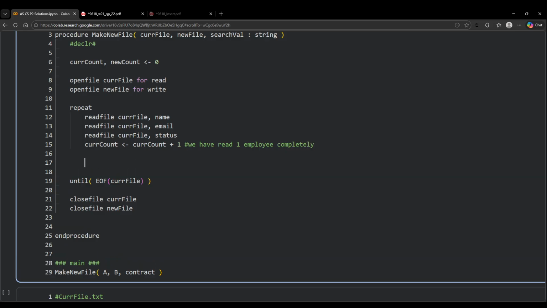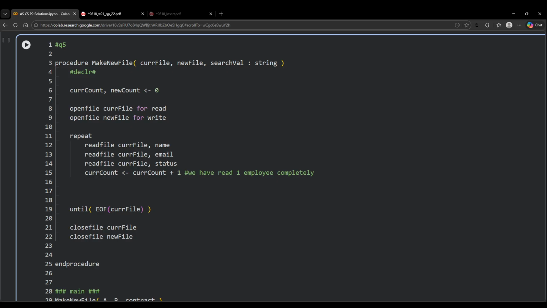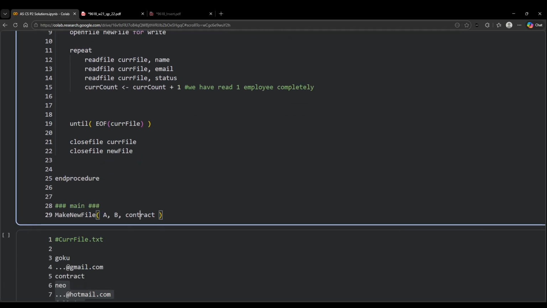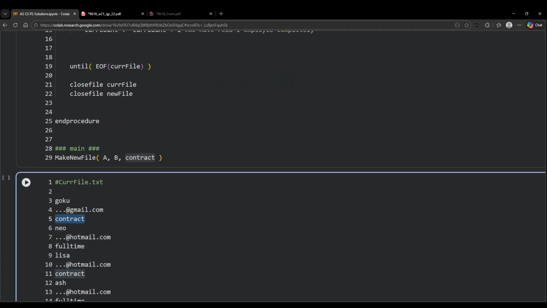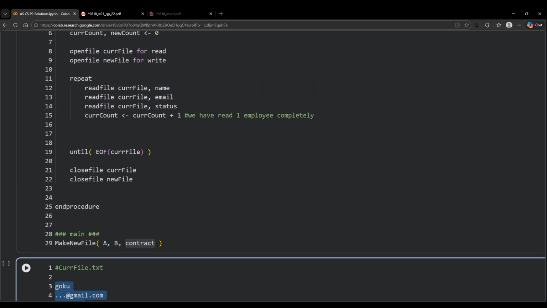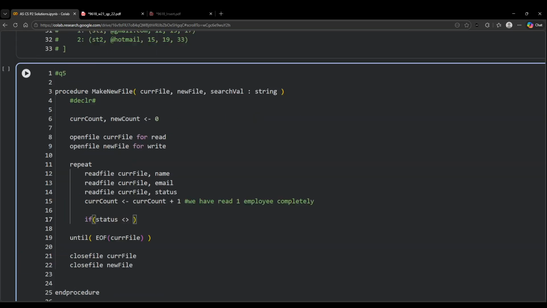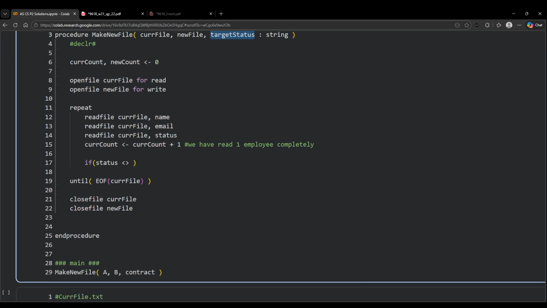Okay, now we'll decide. Like the question says, if the status does not match the search value. Whatever the search value is, let's say it is contact, if the person is not on contact, we are going to add them into the new file. Just an example, which is stored in contact. So now I'm going to check if the status does not match the, let's call it target status, so it is more meaningful, instead of current value. So if the status is not equal to the target status,